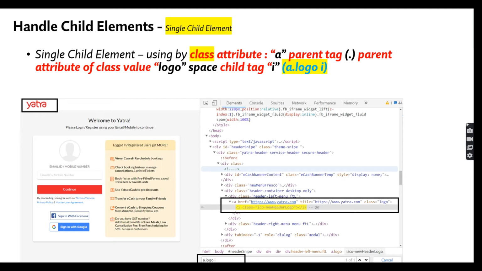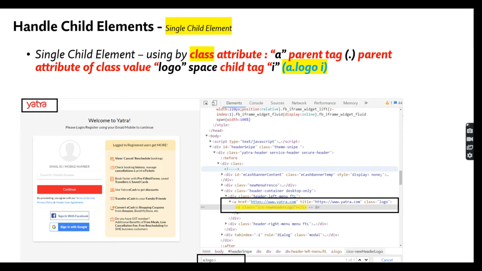How can I take XPath or CSS selector for this one? This is the syntax. First you mention the parent tag, which means the anchor tag is the parent tag. Put a dot. Why am I putting a dot? Because here I'm taking the class attribute value.